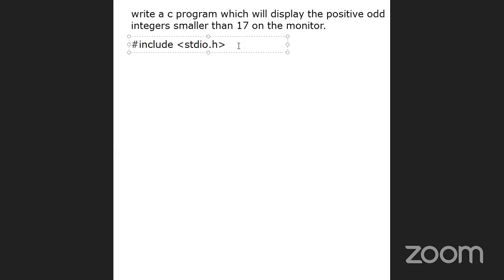So how do we do this on the monitor? They have to be odd numbers, so don't forget that it has to be odd integers. All right. int main, and then